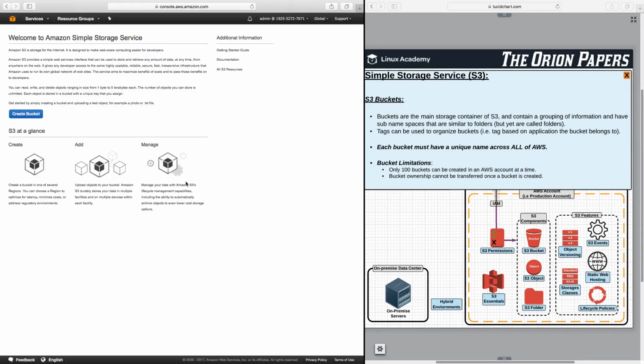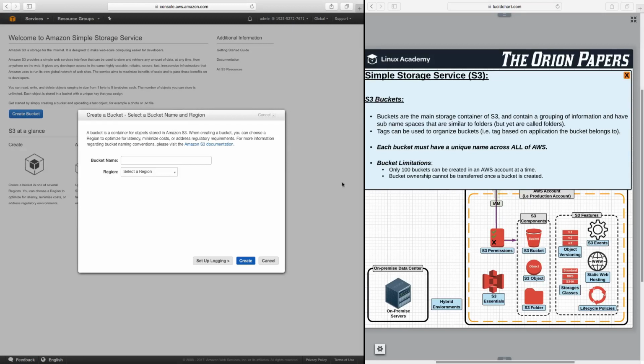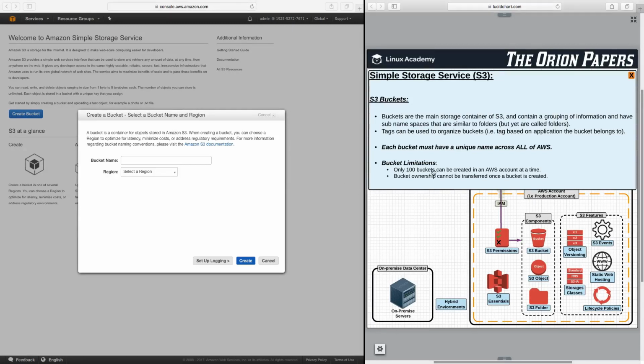The first thing, if you've never used S3 before, is it's going to ask you to create a bucket. So let's click on create a bucket, and then let's talk a little bit about what buckets are. Buckets are the main storage container of S3 and contain a grouping of information and have subnamespaces which are similar to folders but aren't folders, but they're called folders, and I'll explain exactly what that means in a